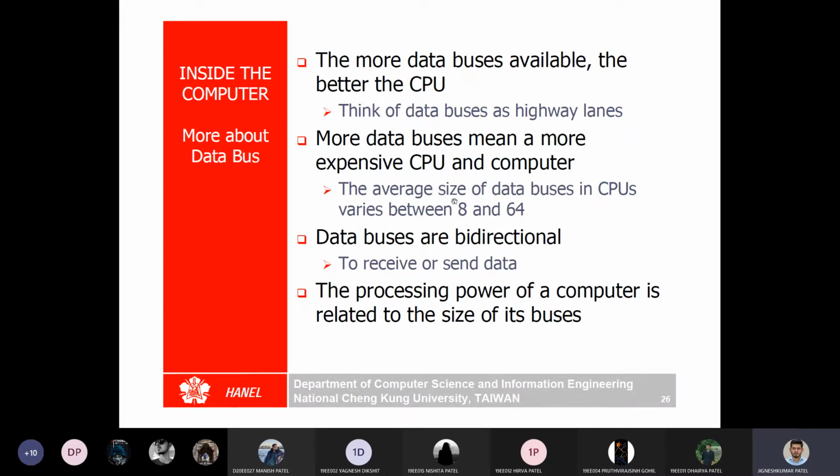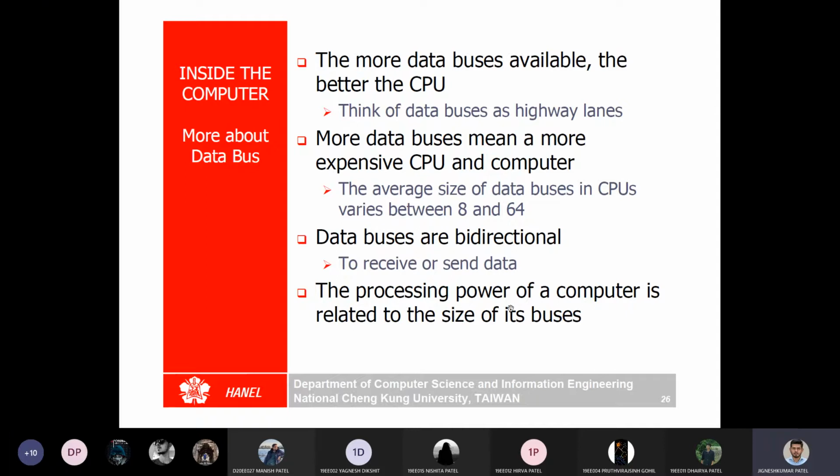Okay, an example of 8-bit is 8085, and 64-bit is the i3, i5, i7 processors that you use, which are mainly 32-bit or 64-bit systems. So actually inside that there would be a data bus of 64-bit. So 64-bit of data can be transferred at once. Data buses are bidirectional. This is a specific statement. It is always a bidirectional bus. It can receive or it can send the data. Like 8085 can send data to memory, or memory can send data to 8085. Both ways possible, read operation as well as write operation.